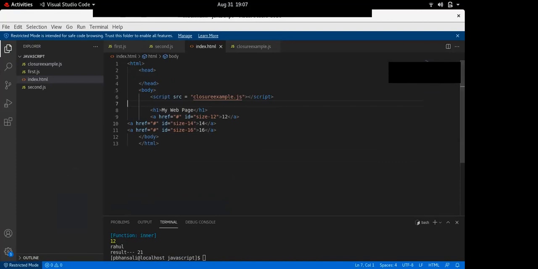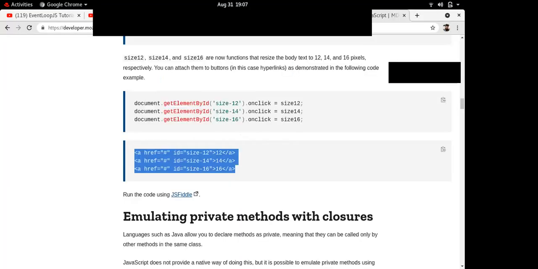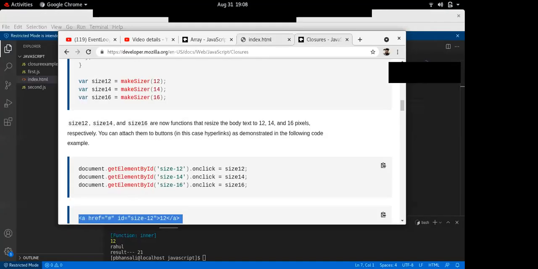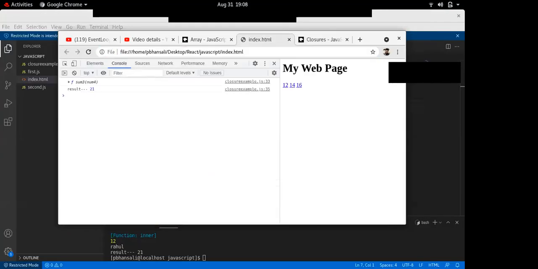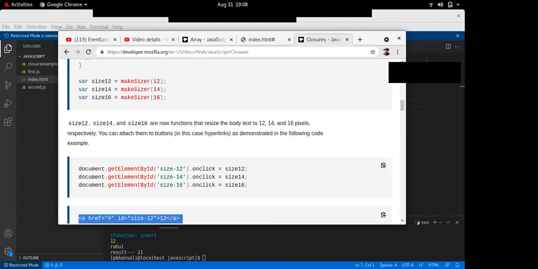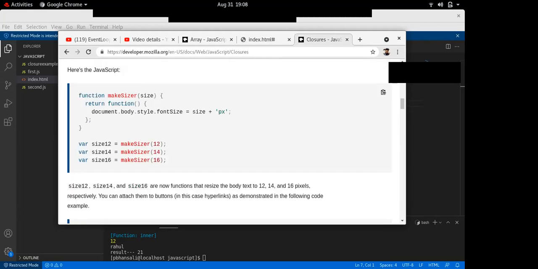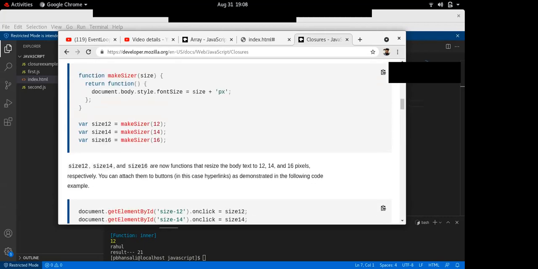So if I go to our file, what I want is that when I click 12, my heading should be of 12 font size. When I click 14, my heading should be of 14 font size. When I click 16, my heading should be of 16 font size. So to implement this, we will try to implement a closure.